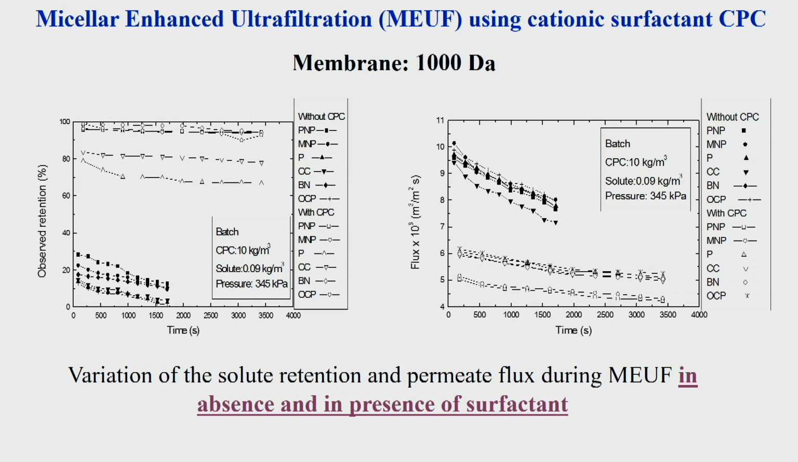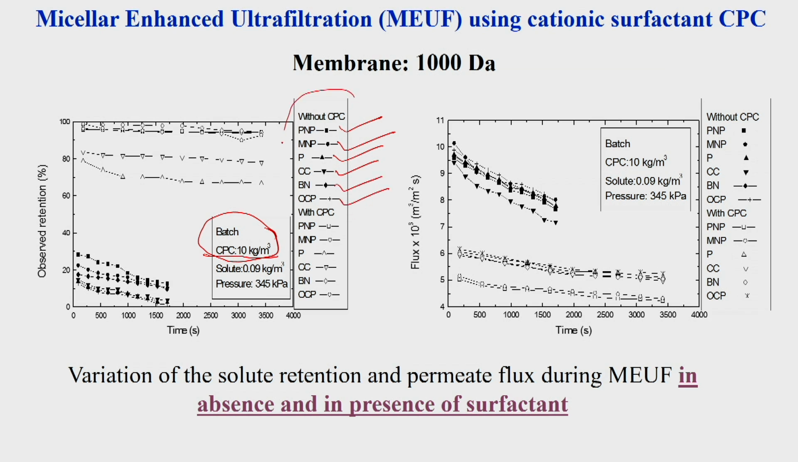Now, this is the typical example of the micellar-enhanced ultrafiltration process using cationic surfactant. The figure is given here only to make us understand that for any batch process, suppose the surfactant concentration of cetylpyridinium chloride is 10 kg per meter cube. So, that is above the CMC value. Then, for some pollutants like paranitrophenol, metanitrophenol, then phenol, catechol, beta-naphthol, orthochlorophenol,